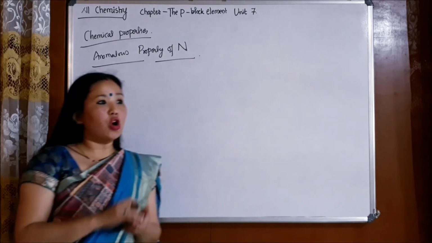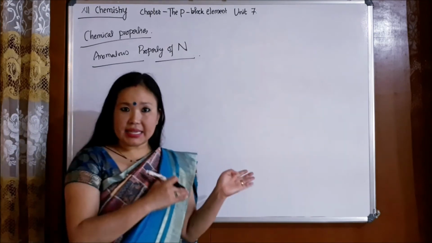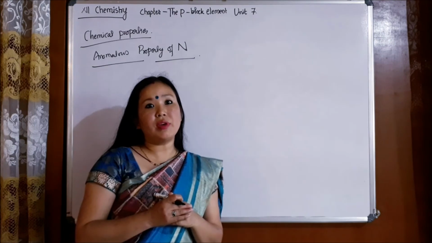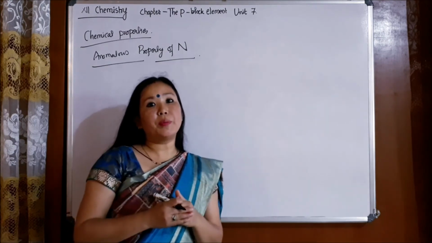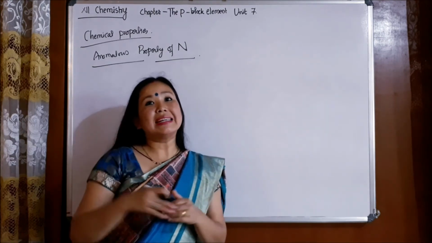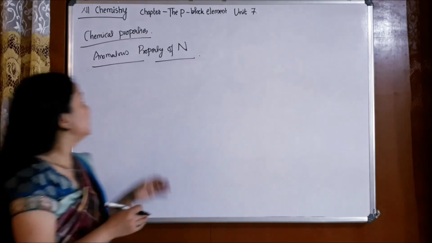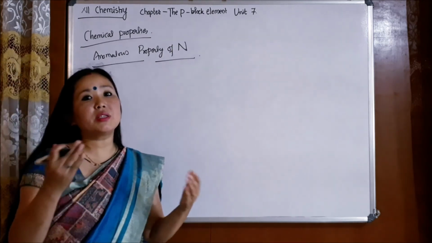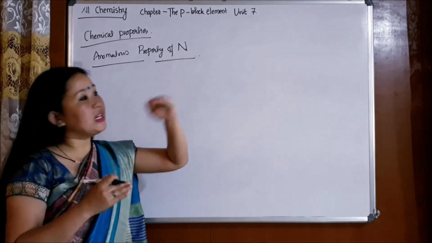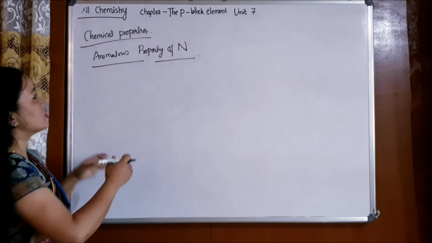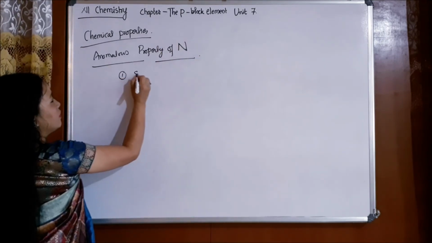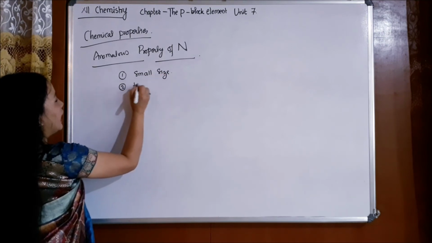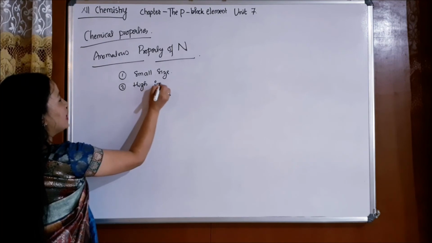Now next, we are going to discuss the chemical properties of group 15 elements, or the nitrogen family. We have already studied in class 11 that period 2 elements show anomalous behavior, or different properties with respect to the remaining elements, isn't it? This is called anomalous property, and what is the reason for the anomalous property of period 2 elements, here nitrogen? Because of small size, then high ionization enthalpy,